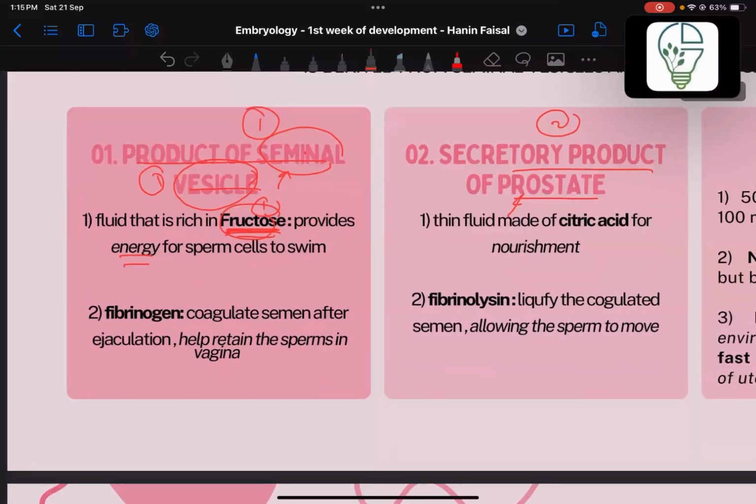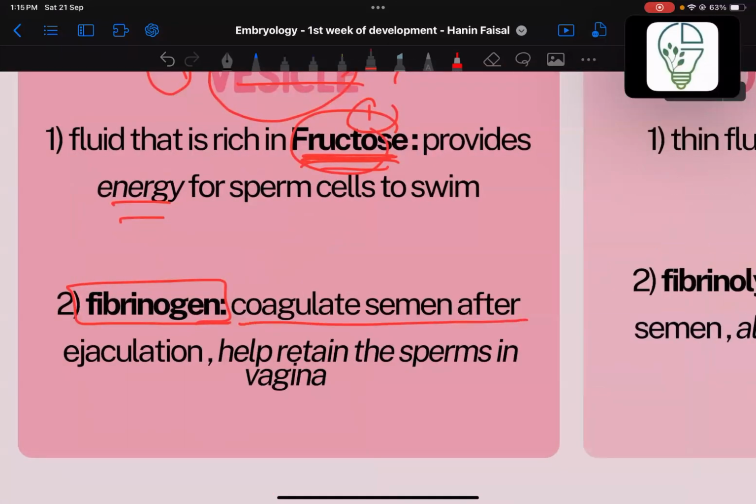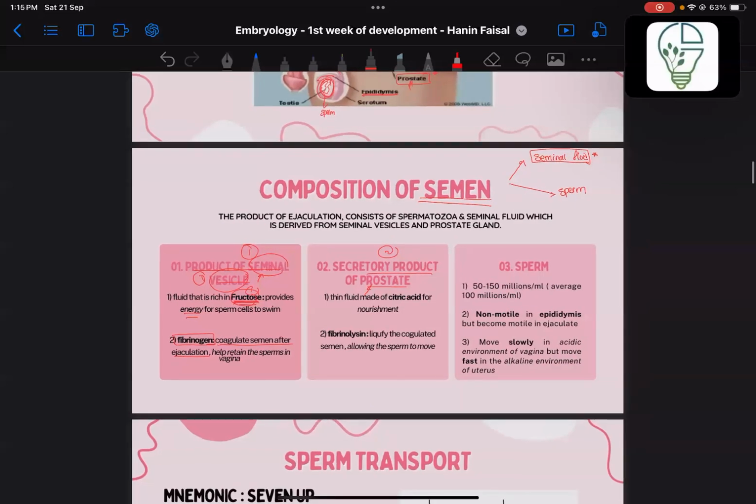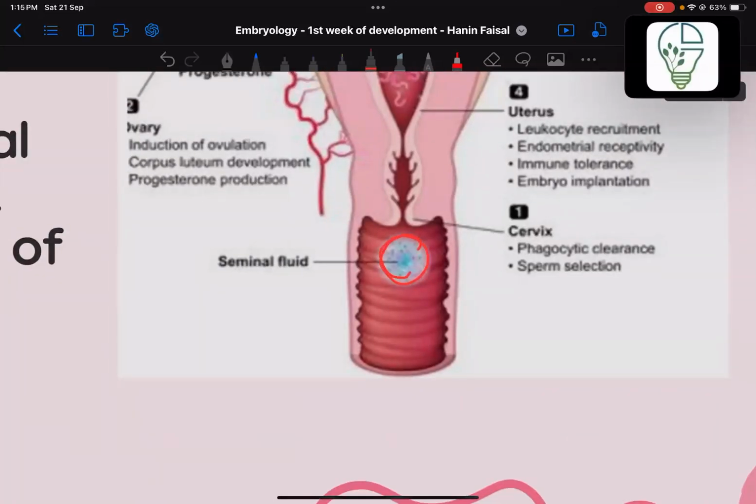And another component of the seminal vesicle is fibrinogen. What's fibrinogen? It's something that's going to coagulate the semen after ejaculation. Okay, let me explain it here. It's going to coagulate the semen. Why am I coagulating? Like, what's the benefit of this coagulation? That I'm coagulating the semen, which has the sperm and the seminal fluid. I'm doing this, one thing, to protect